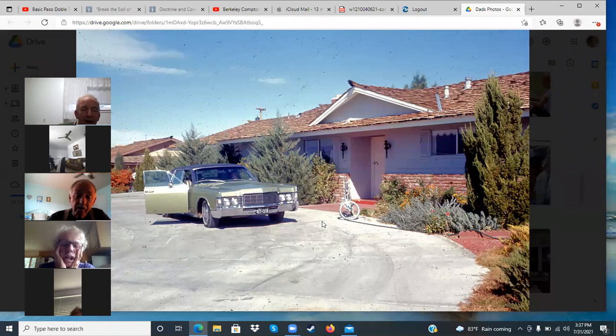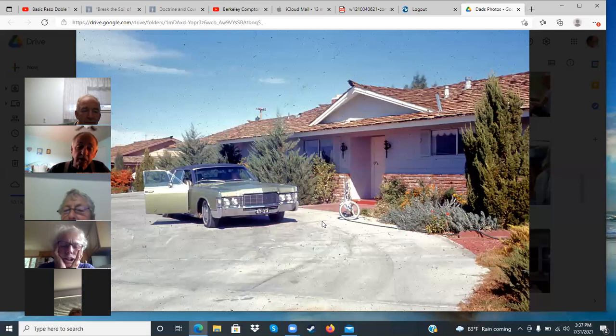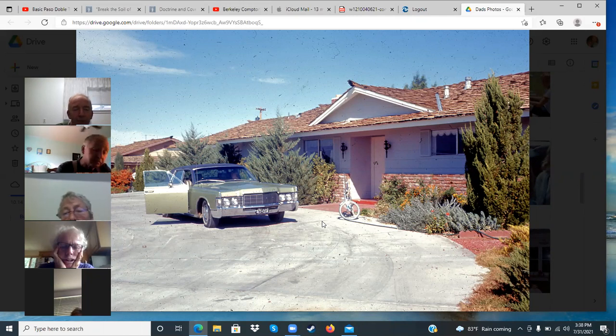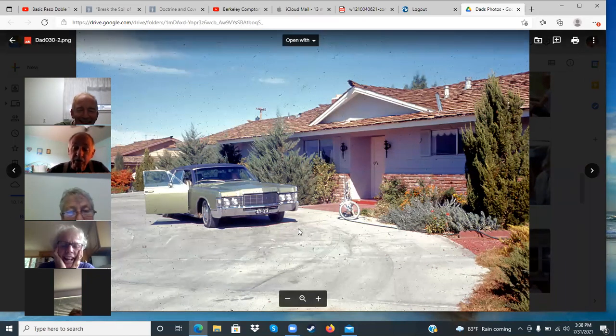We didn't live in Las Vegas in 1969. We moved there in the summer of 1970. No, the car doesn't look like it predated you living in Las Vegas. Say that again. The car predated you living in Las Vegas. Oh, okay. It could have been a 1969 model. I don't care what year the car is. Well, I just threw that in there.